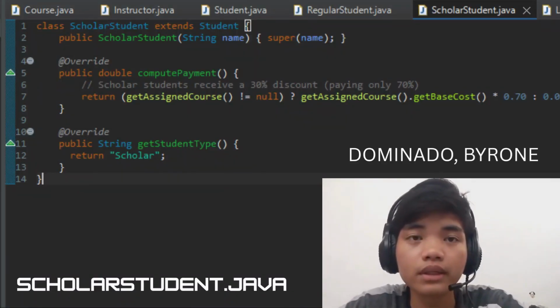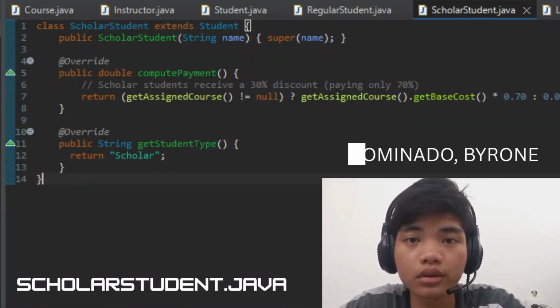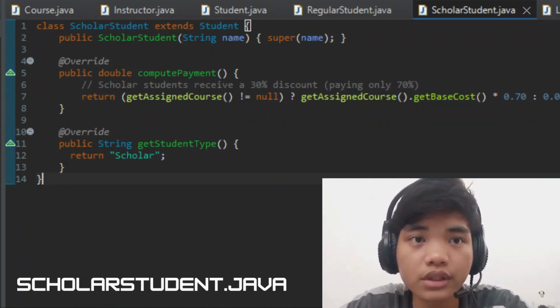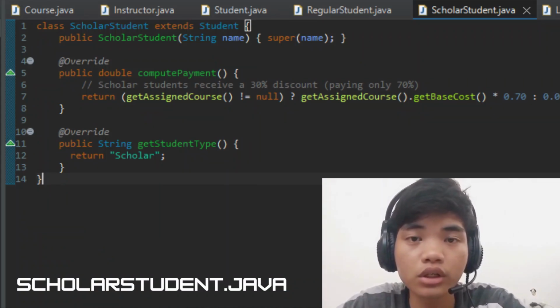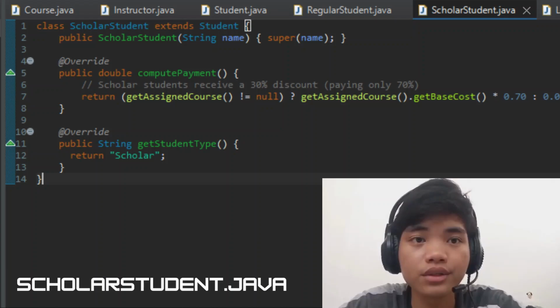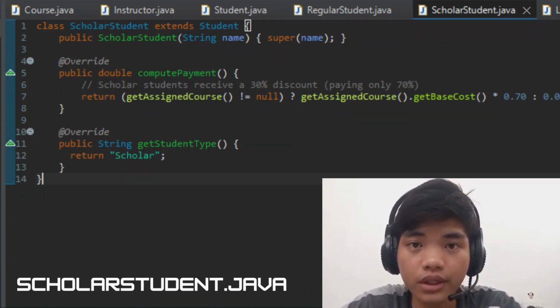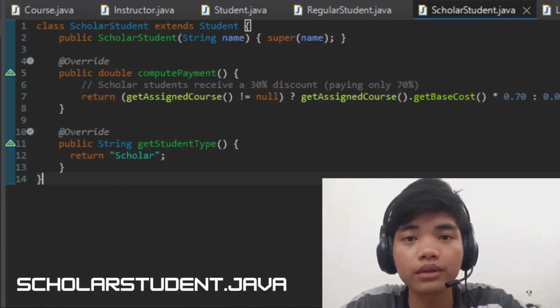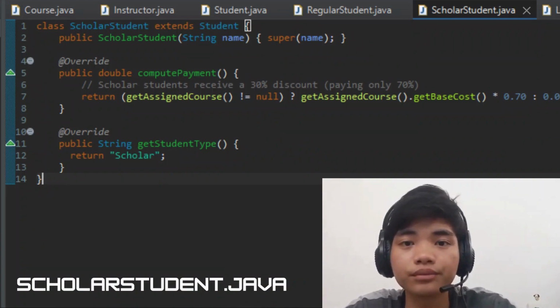So I'm going to explain the scholar student and course class. First, let's start with the scholar student class. The scholar student class extends the student class, which means it inherits the properties and methods of a regular student.